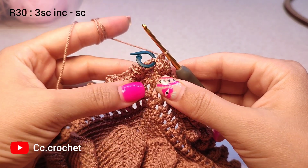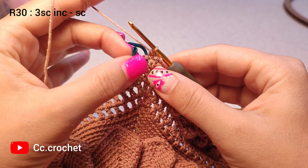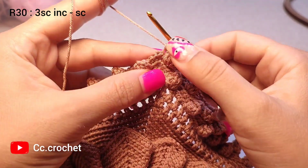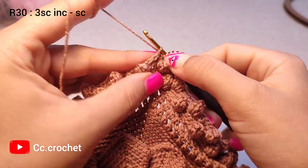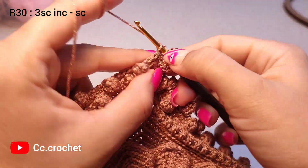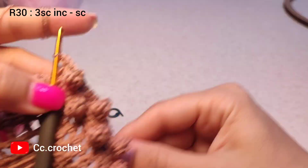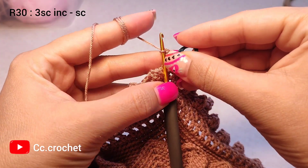Round 30 is the same as round 28. We just make single crochet in each of this single crochet and increase in each of corner. So 3 single crochet here, 1, 2 and 3, then put a stitch marker again into second single crochet,